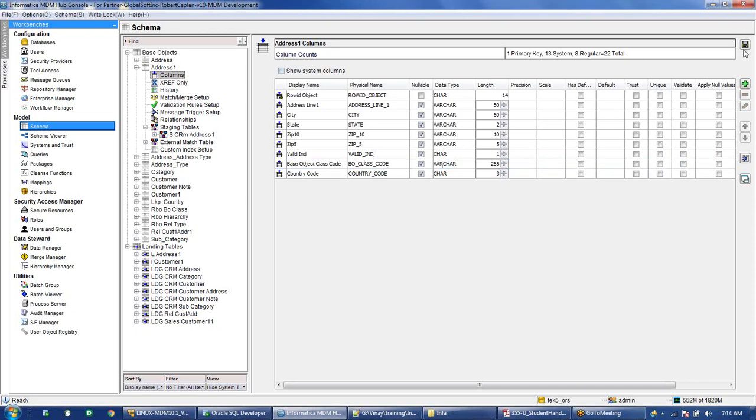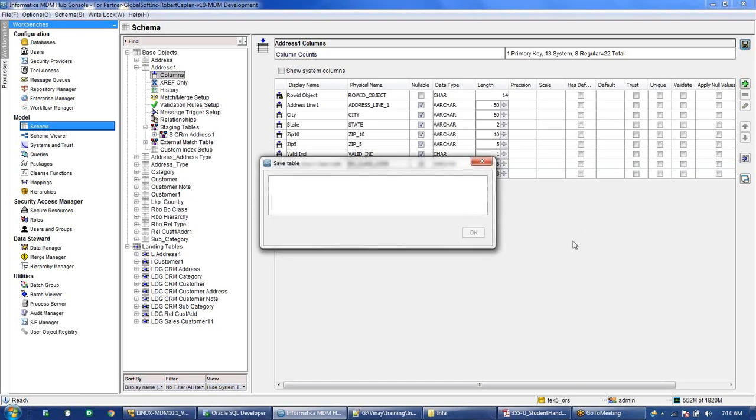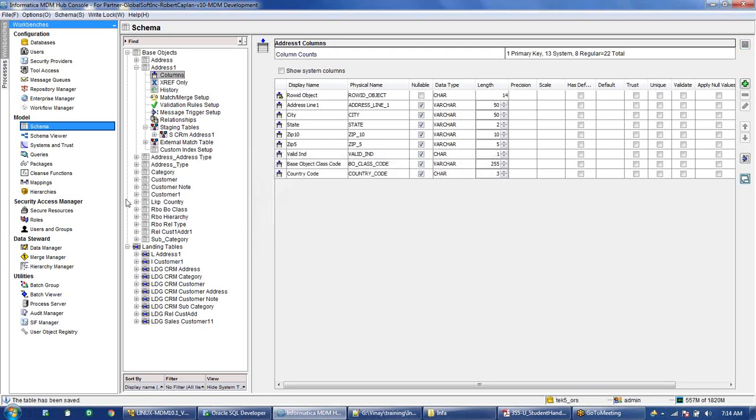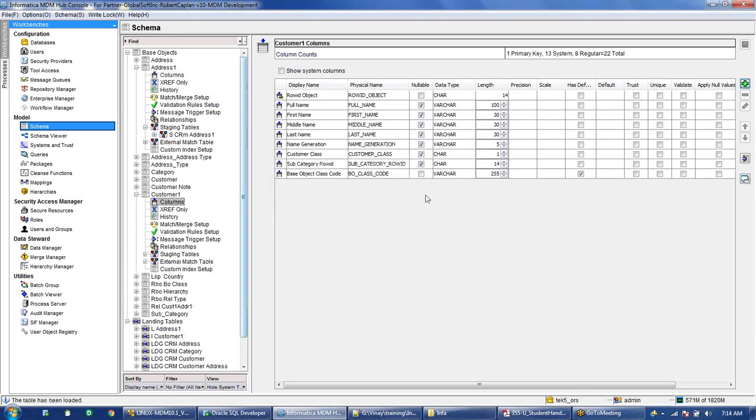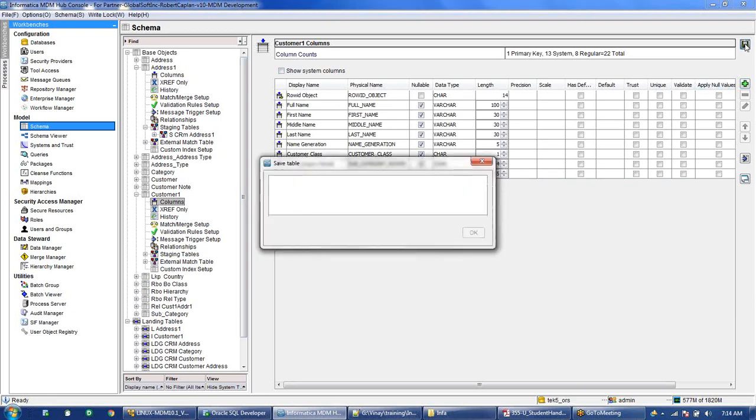So all these columns in the address table, in the customer table, and in the relationship table, wherever we have these not null columns, I will go and make them nullable columns. Similarly, in the customer table, I have this BO class code as a not null column, so I will make this a nullable column. And similarly for the relationship table.